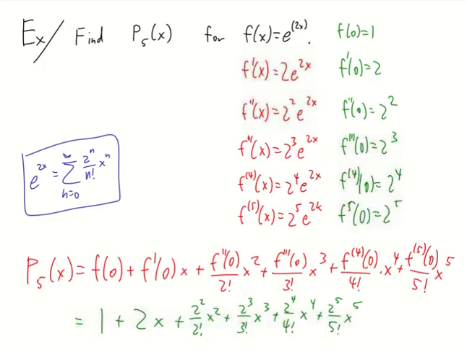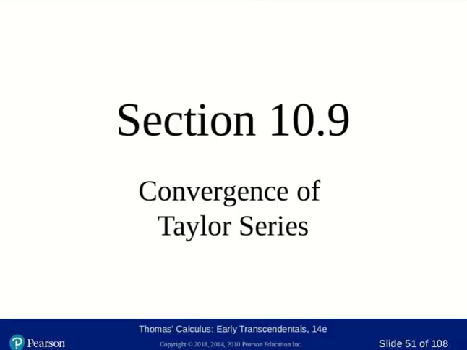It's for something like this, where we have a formula for what the derivatives look like, in the last video, in the last example, we can use the ratio test to show that this indeed converges for all values of x. But if we don't have that formula for the derivative, that's not going to work anymore. So we have a way of looking at the convergence of Taylor series that doesn't have to do with any of those root tests, or any of those tests that require us to have some formula for the sequence of coefficients.